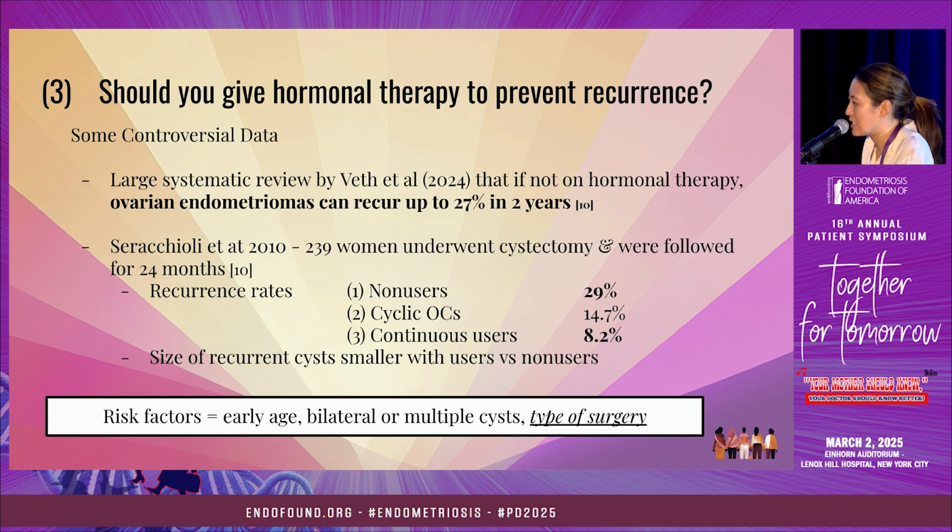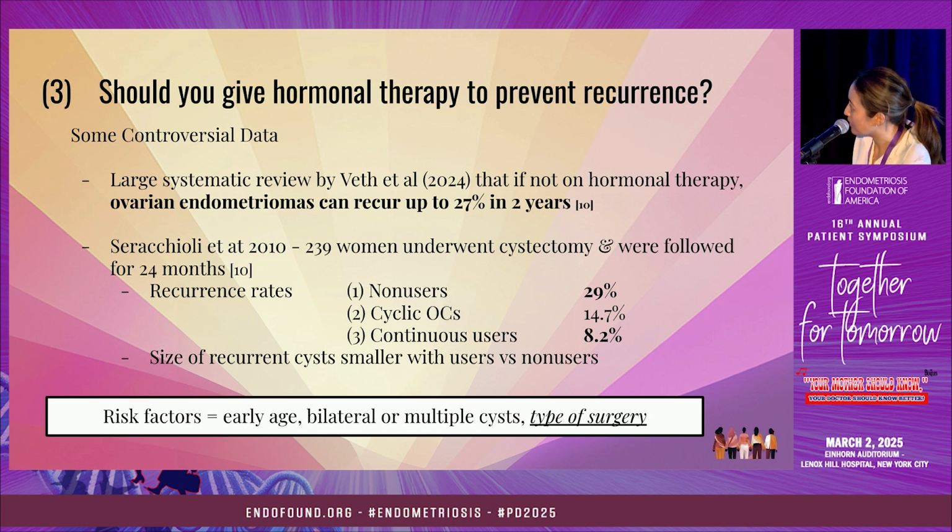They did a very nice study in 2010. They took about 240 women who underwent cystectomy and followed them out for 24 months. So they found a similar rate. If you didn't use any birth control, the recurrence rate was about 29%. If you used birth control but you took it cyclically, meaning you took that placebo pill, your recurrence rate was better, but it was still 15%. So it was only with continuous use, where you're taking hormones every day, that they got the recurrence rate down